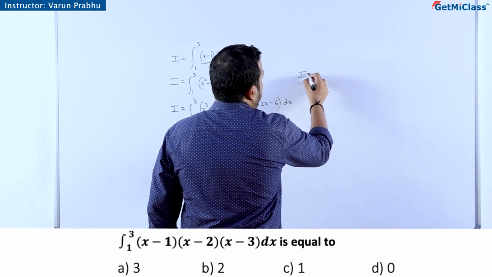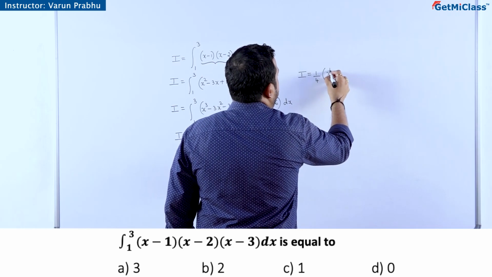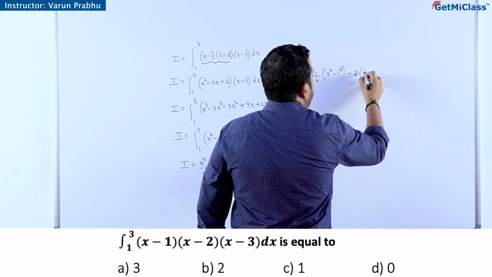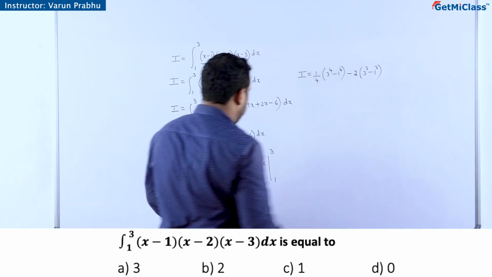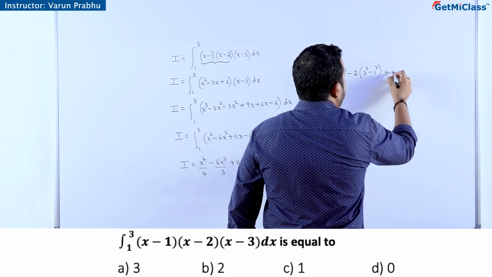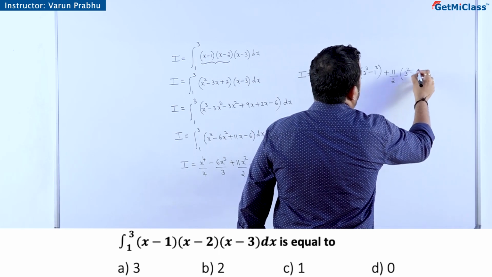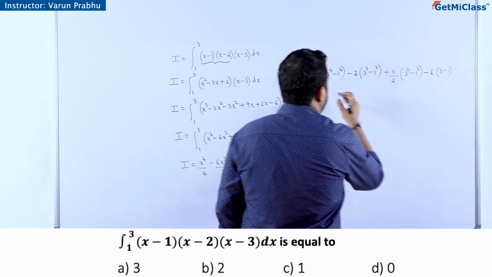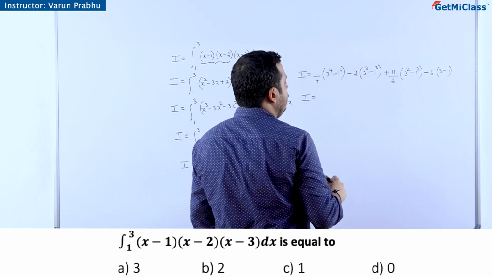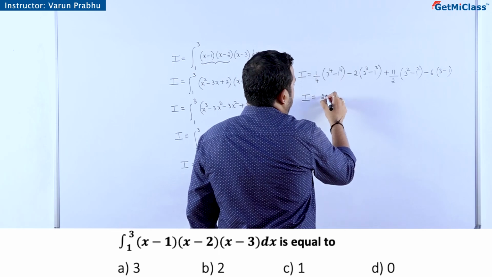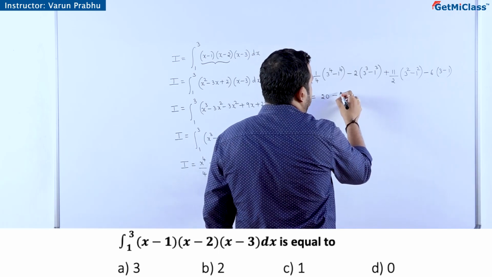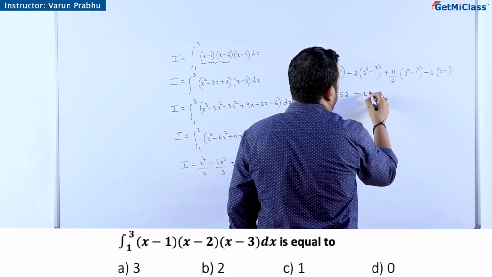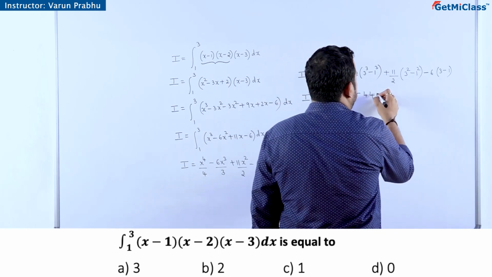So I is equal to 1 divided by 4, 3 to the power 4 minus 1 to the power 4, correct? Minus 2 into 3 cube minus 1 cube, plus 11 divided by 2 into 3 square minus 1 square and minus 6 times 3 minus 1. So your answer to the question I is equal to 80 over 4, 20, correct or not? 20 minus 2 times 26, 52, correct, 52 plus 11 divided by 2 times 8, this is 44, and then minus 12, right,